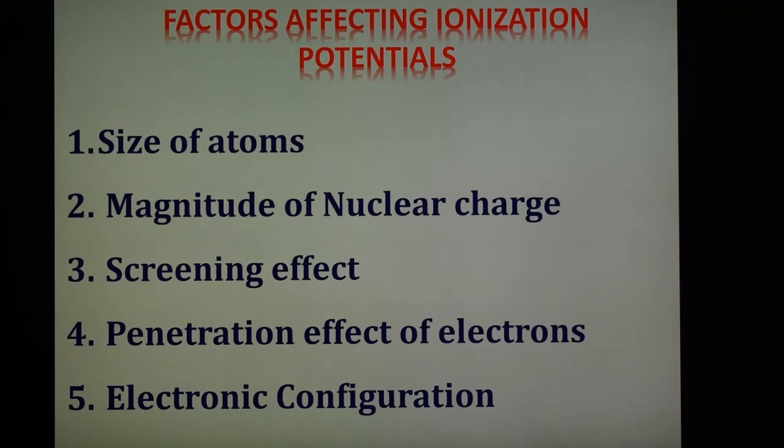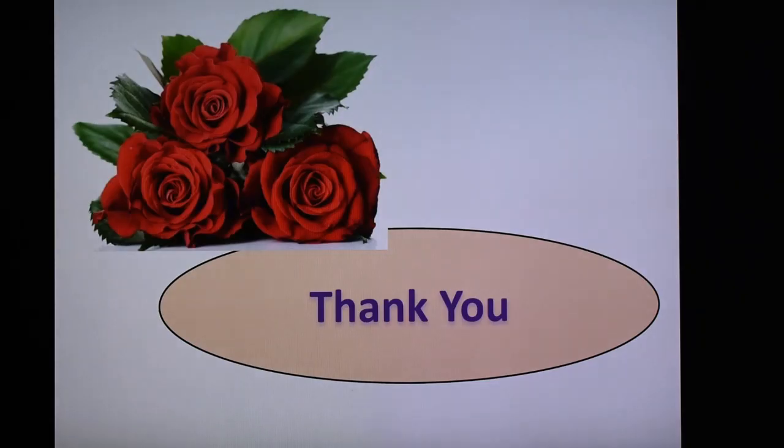Third point, we can also explain beryllium and magnesium. Beryllium has a completely filled s orbital, magnesium has a completely filled s orbital, and all electrons are paired. Such configurations are stable, and therefore the result is that they have a high value of ionization potential. So in this way, some elements are half filled and some are completely filled, and they also show stable configuration. In that case, the ionization potential value is more. So these are the 5 factors which are affecting the value of ionization potential.